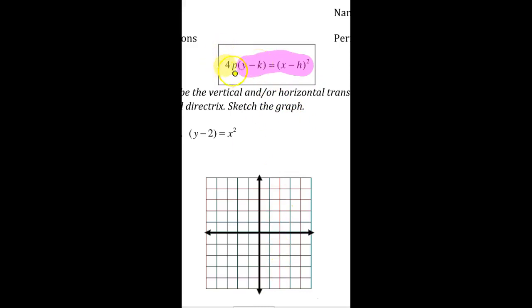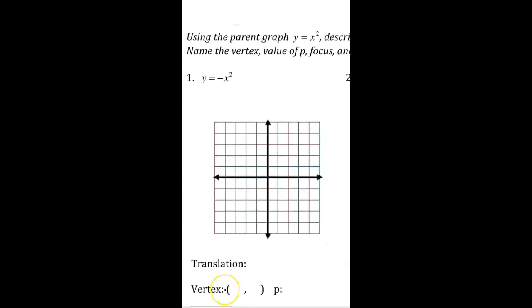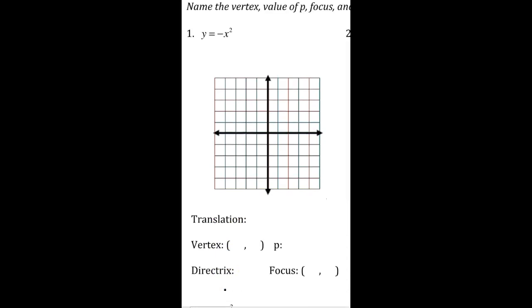So really this is about playing with this 4p value, also known as the length of the latus rectum, or the LLR, we're going to call it. We'll do each one, and make sure you can go through and understand each of these on your own, not just write down the answers, but understand how to do them as well. We're going to start each of these by writing the equation using that 4p